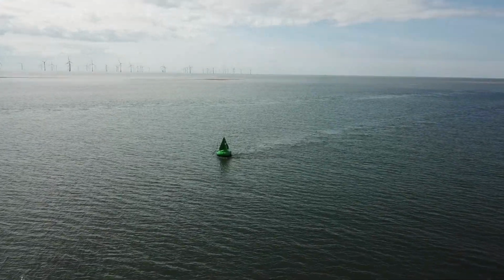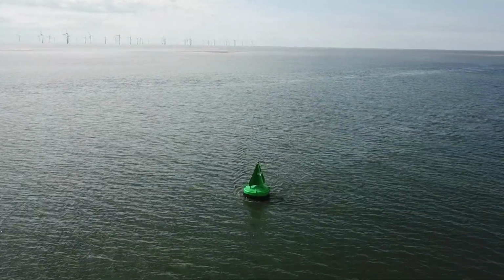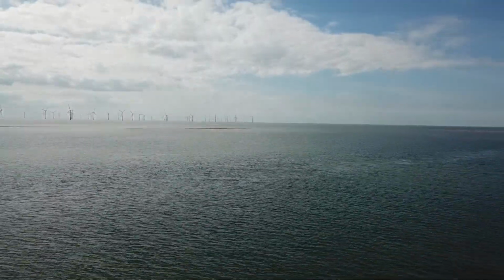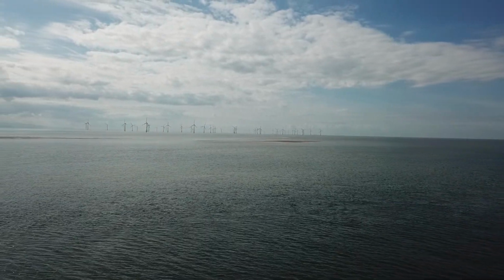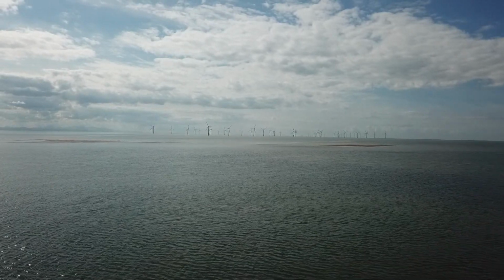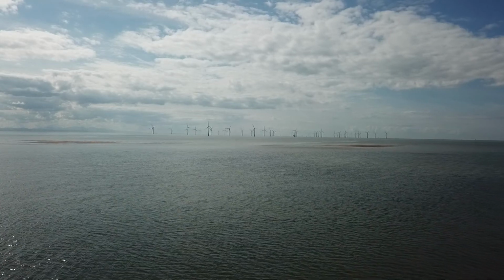As you can see, it's just passing there. And I didn't realise you can't see from where I took off from the actual green that there's two sandbanks that we are coming up towards. They look like little desert islands,